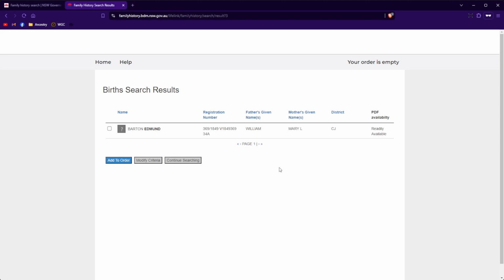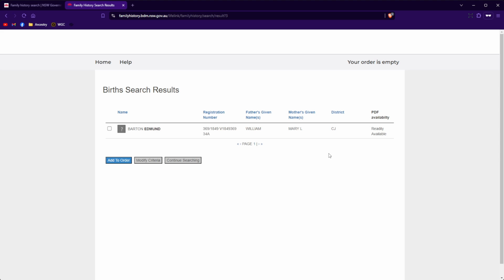Returning to our previous tab, I will explain the last detail, which is the PDF availability. What this tells you is whether or not the PDF file is readily available to access if the record is purchased with an online delivery. If it reads readily available, such as here, that means you will have an expedited access to the PDF file,